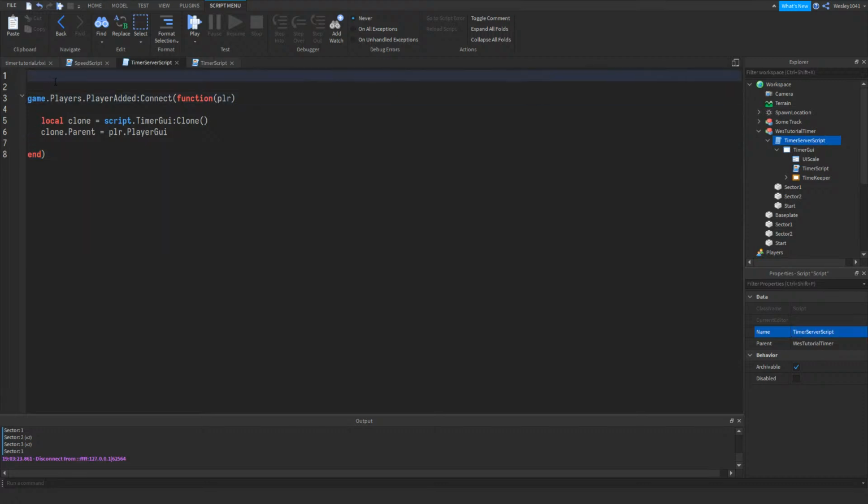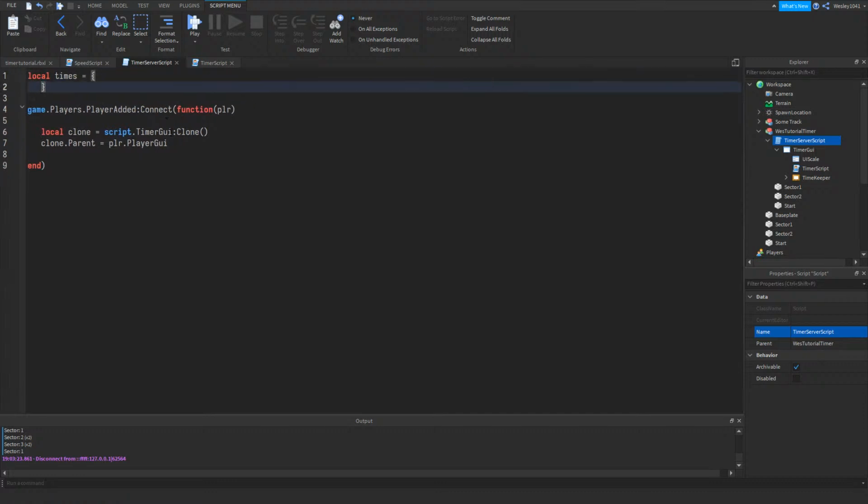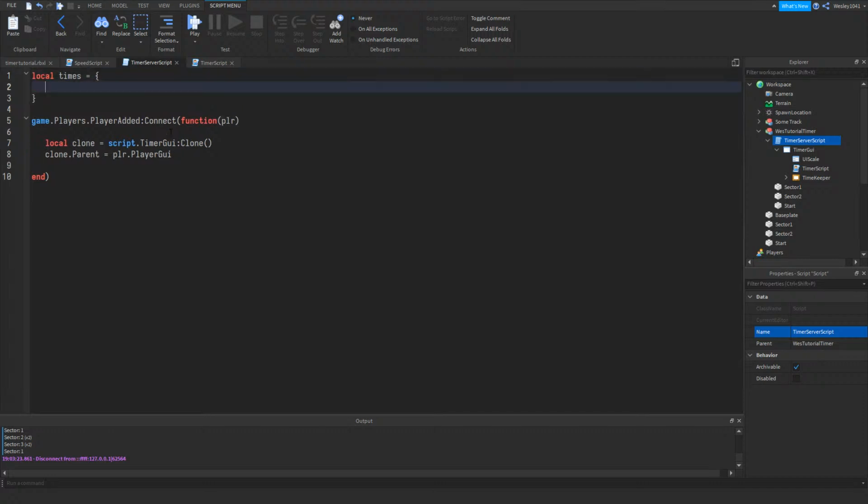All right. And then we want to start things off with declaring a couple of variables. So what do we want to do here? We want to keep track of everyone's time. We want to know how fast everyone goes. And we want to store that in a table. It's going to be empty, but for this tutorial I'm going to show you what I want the times table to look like. It's going to consist of a couple of these more tables,